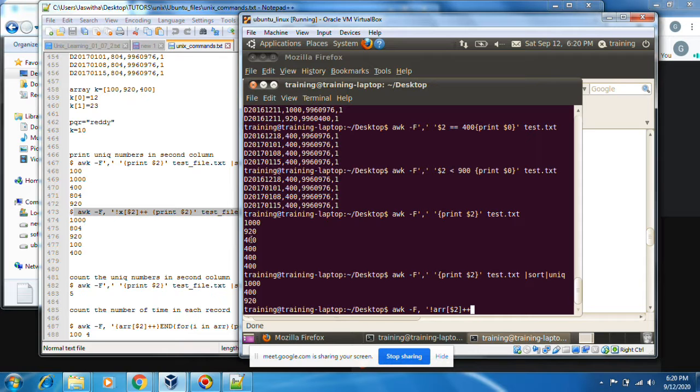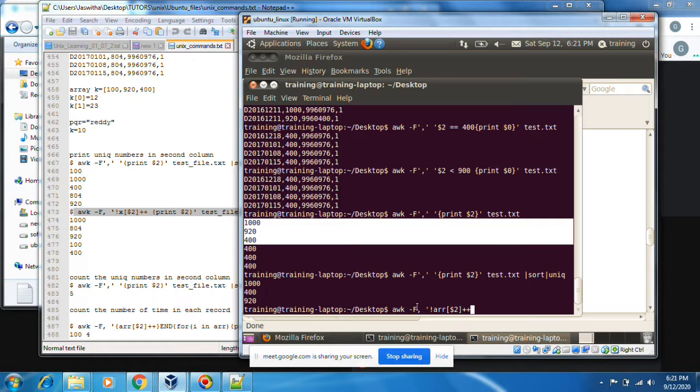Next element to add, is 400 present? No, the array has only these two. That's why the 400 array element is added, and these three elements are added. Now again 400. Again this array checks if 400 is present. I see 400 is present, so it won't add. Same kind of thing for this 400 like that. This is the meaning of this not ARR $2 plus plus.